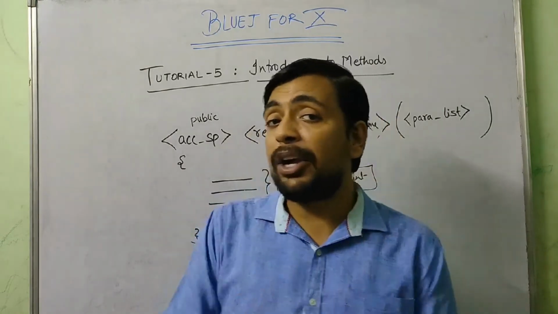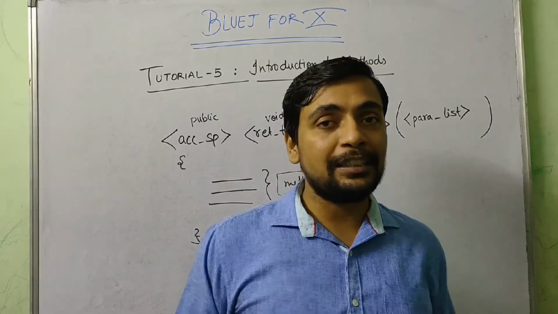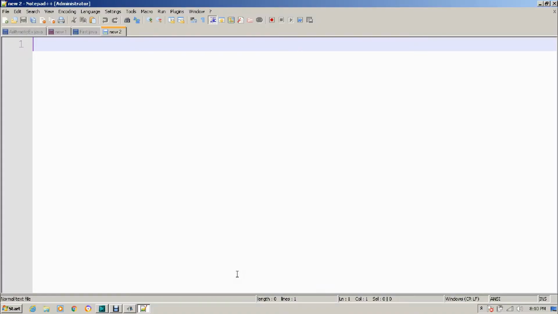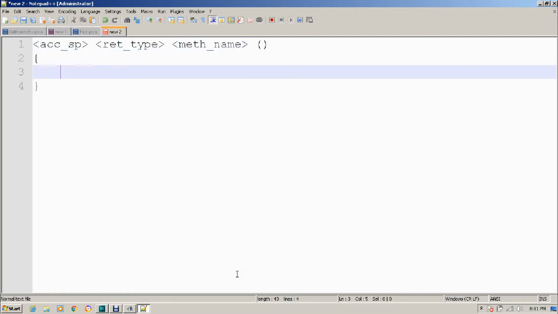Now the thing is how you are going to create that method, how you are going to call this method. Let's see it on our system practically. Okay students, so now we can see how to create a method in the system itself. So let's see the syntax one more time. First of all, we have to specify the access specifier, which we will take as public right now. Then we have to specify the return type, which we will take as void right now, and then we have to specify the method name, which can be any valid identifier. In the parameter list we won't specify anything. Then opening and closing braces, and here we will specify the body of the method.